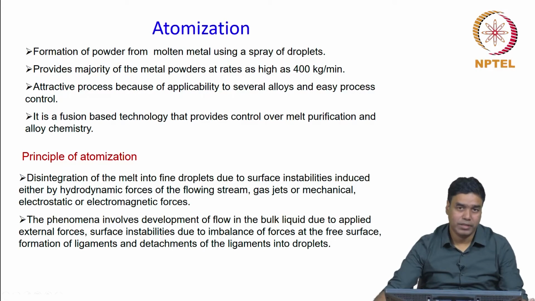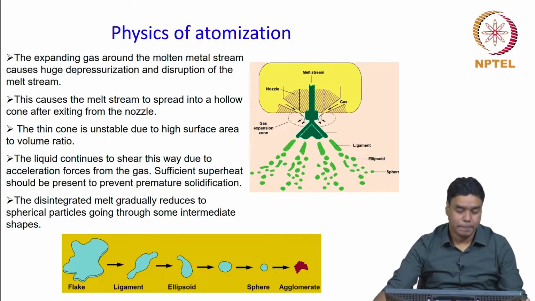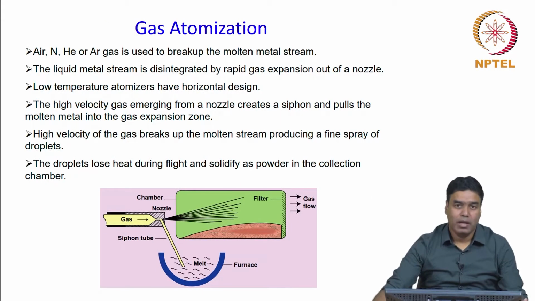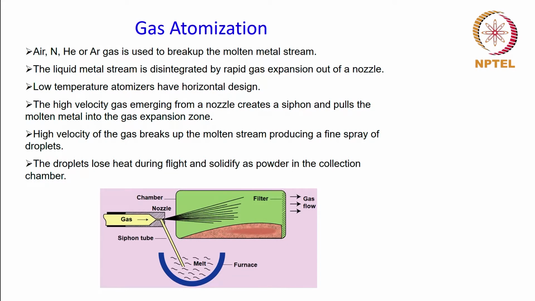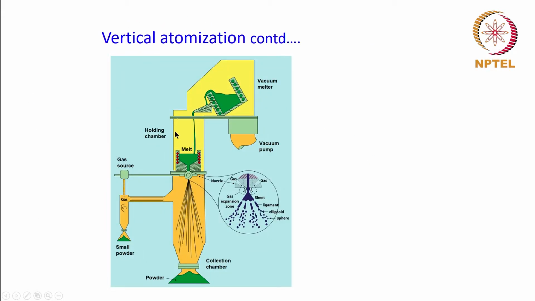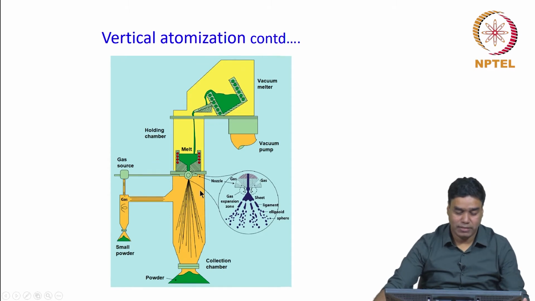Right now we are on this topic of atomization, which is a large scale production method for making metal powders. So far we have seen the basic principle of atomization and the physics behind it, and then we have discussed two different types of equipment which are used for gas atomization for making metal powders. One of these is a horizontal design, where the chamber is horizontal, and in another design it was a vertical atomizer, wherein it is done vertically down. The chamber in this case is a vertical chamber,